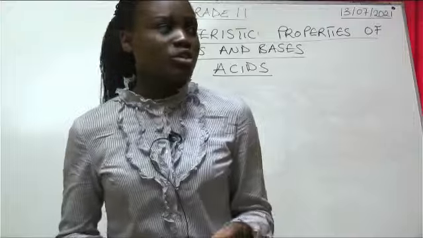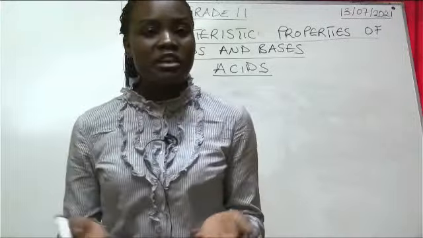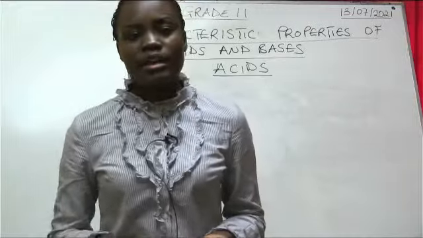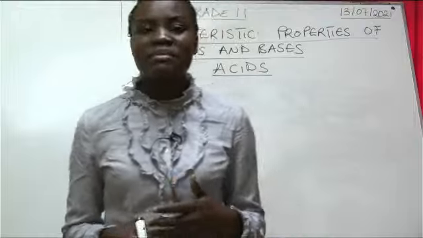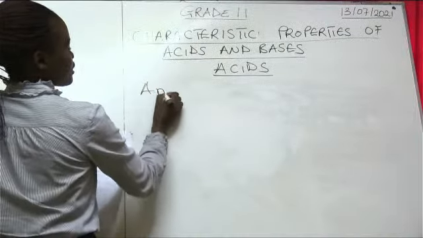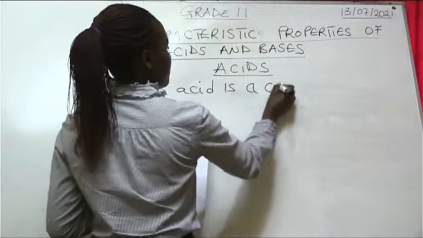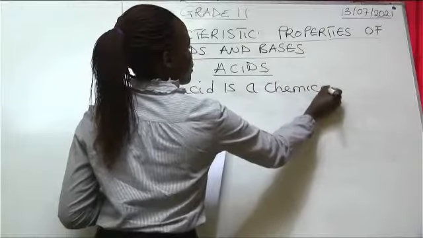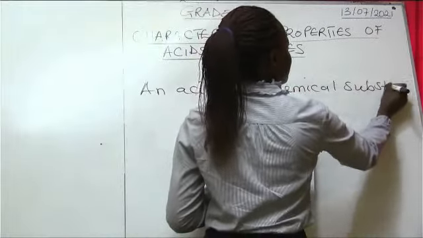So these are acids that we are able to consume. We also have lactic acid. It is found in dairy products such as milk and yogurt. So an acid is defined as a chemical substance. All right, the definition: an acid is a chemical substance